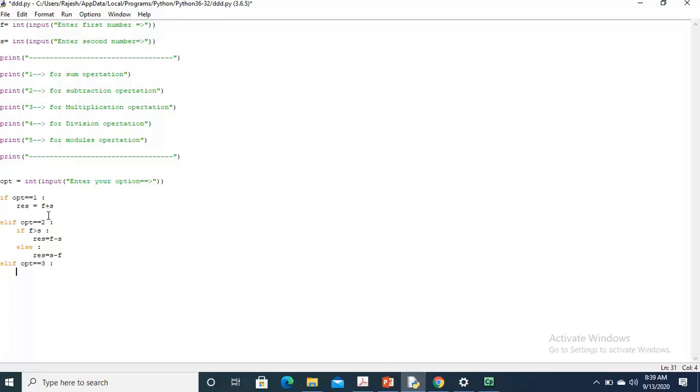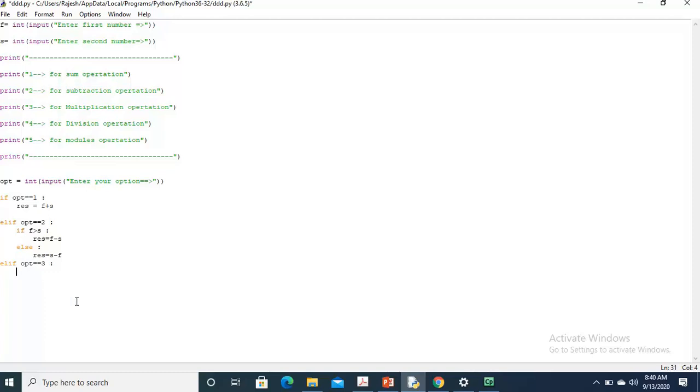Here is one more thing you have to keep in mind. Here I am applying one more if and else, so you have to be very careful about the indentation. This is an elif, and inside this I am using again if and else, and therefore its indentation should be aligned. This else should be aligned with this if, not with that if.